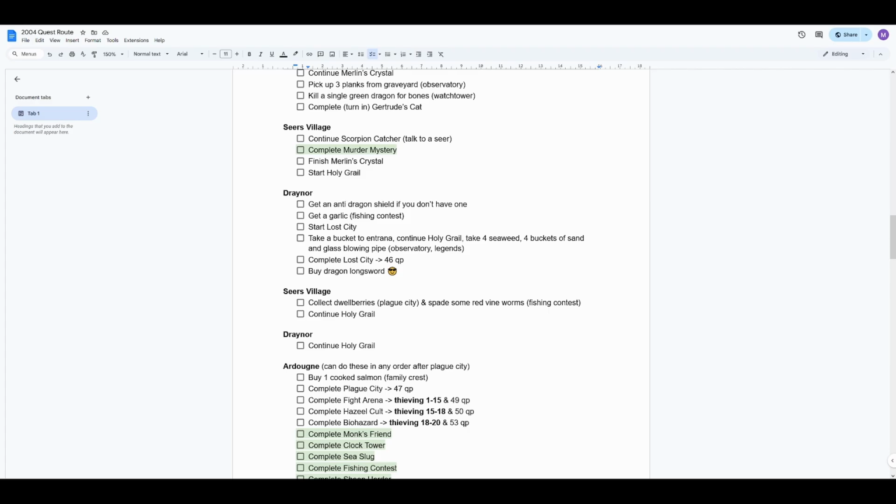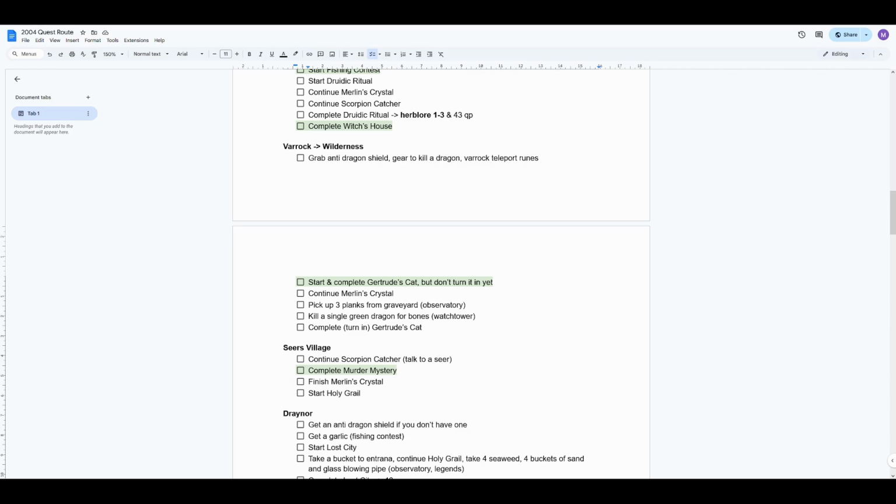Some people have also been talking about doing Gertrude's Cat first. So if you want to do that, you could just do that first and then continue with the guide. It's really up to you. I don't think this is like the best route you could follow, but it's a route. So if you don't have anything else or want to make your own route, I would maybe use this as